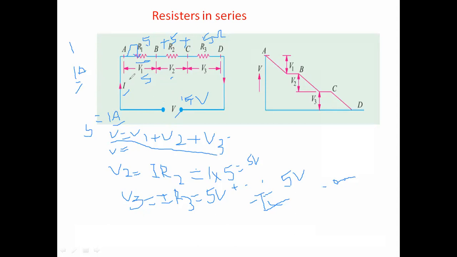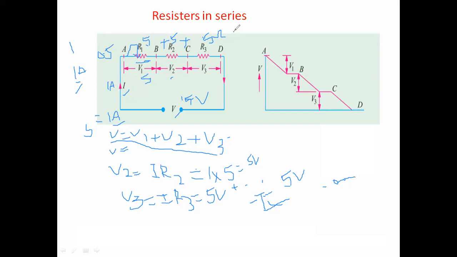Suppose now we are saying that it is conducting 1 ampere of current. I want to adjust it to 0.5 amperes of current. Then what do I have to do? The present resistance is 15 ohms. So I have to increase the resistance.